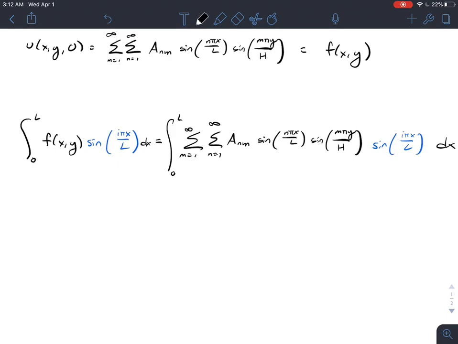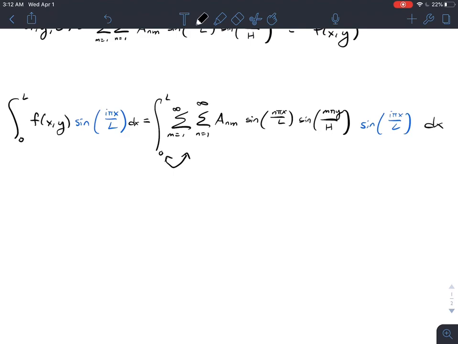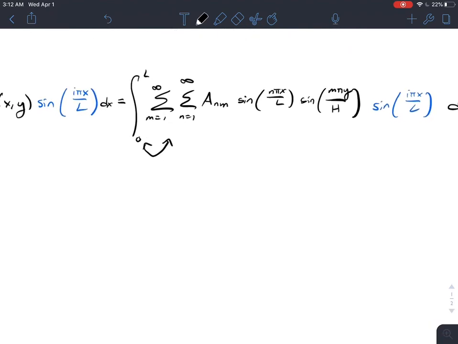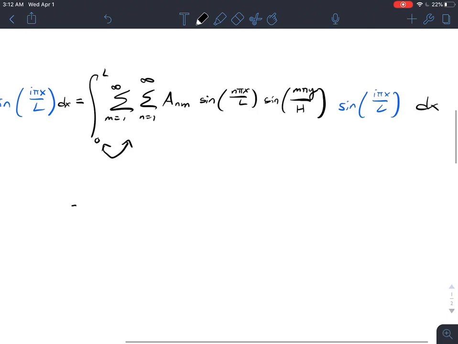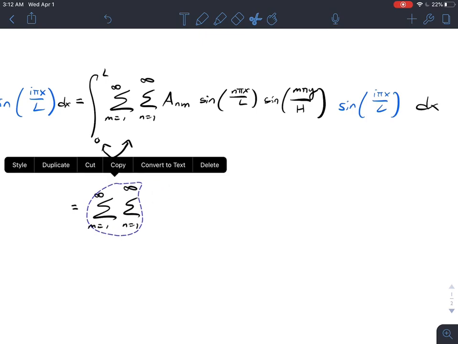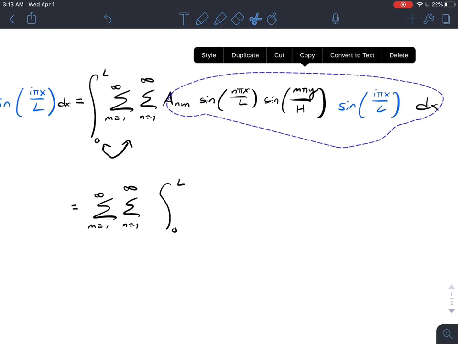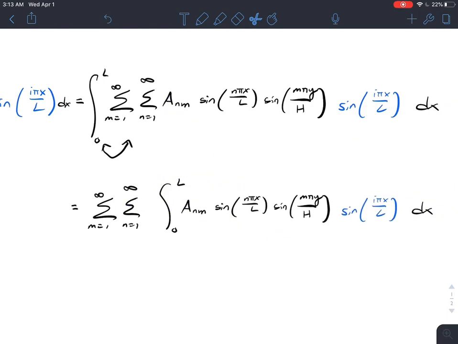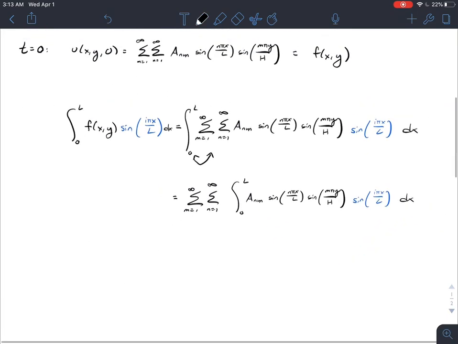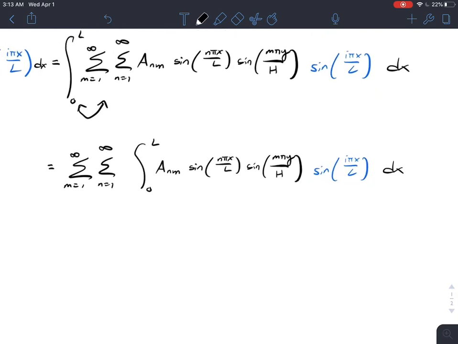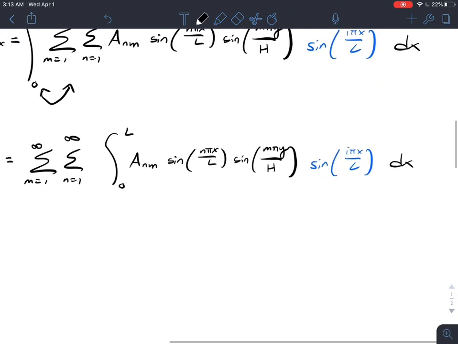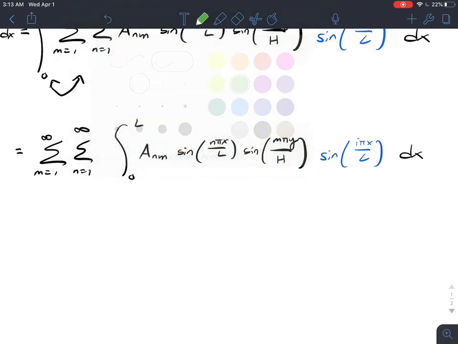In addition, there's a rule that you're allowed to switch the order of the integral and the summations, and you will not change the resulting fact. So switch those around. L, and then everything inside still stays the same, whereas we have to keep everything now because we're multiplying. Okay,